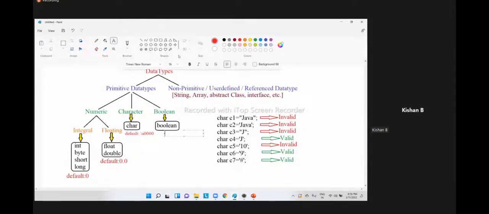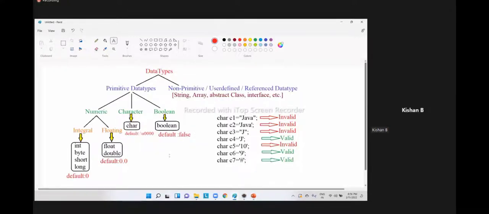When you're coming to Boolean, tell me, what is the default value of Boolean? Default value is false. That is great. So the default value of Boolean is false, like this. So these are all the different default values. Now I'm having a question, sir. For character, okay, you are having only one character. That is great. For Boolean,